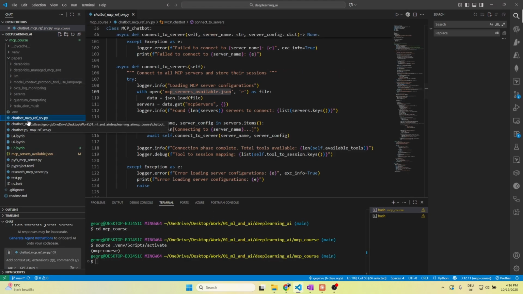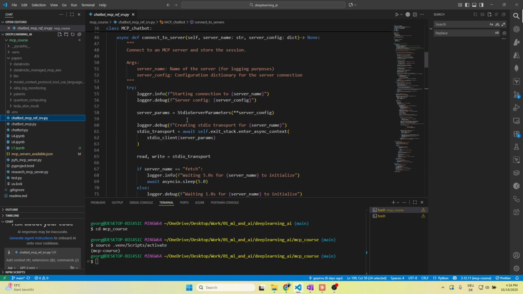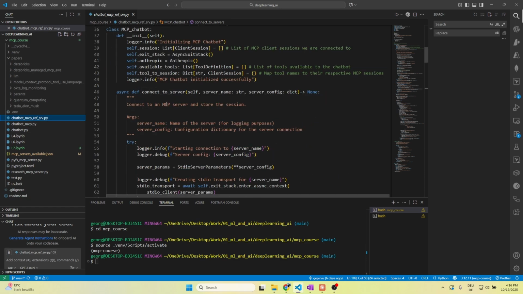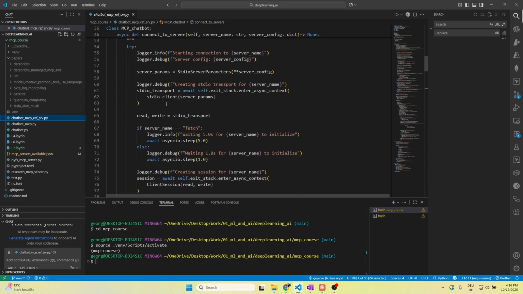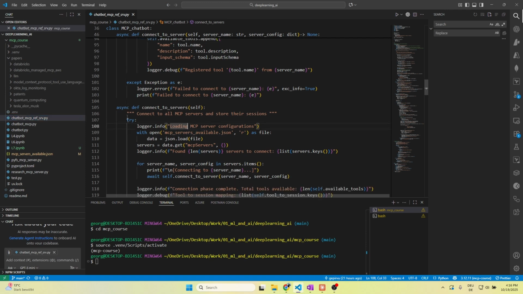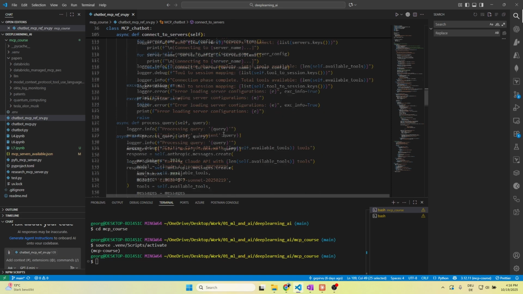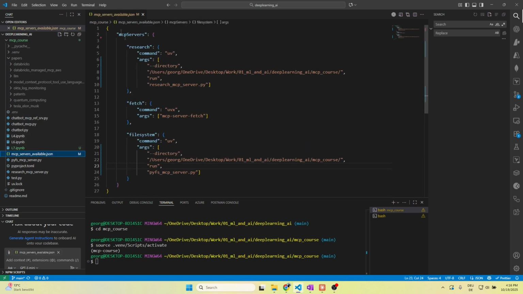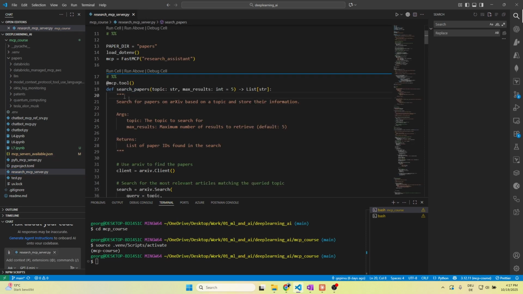I have this file here, chatbot MCP ref server. This is responsible for connecting to the MCP servers that I defined. I iterated through them, and for establishing the connectivity, it will use this JSON file. This JSON file defines the servers that I have here. So I have 3 servers. One is called research, and this research MCP server will run this Python file, and this Python file is responsible for searching for papers on this site,